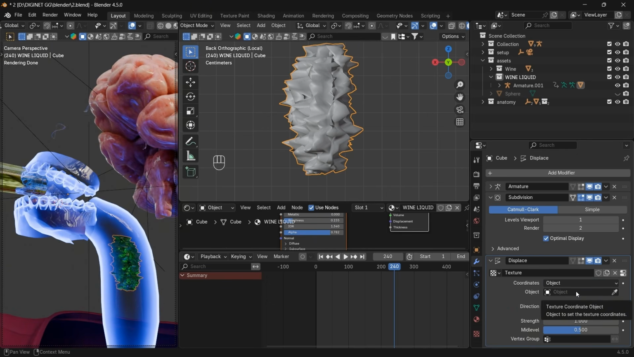You can choose any object option. You can add an empty for that or anything. What will this do? For example, if you add an empty and select that empty over here, what will happen when you move the empty or move the object? The displace modifier will start to animate. For example, instead of an empty, I'm going to select